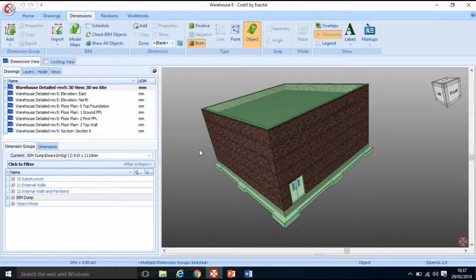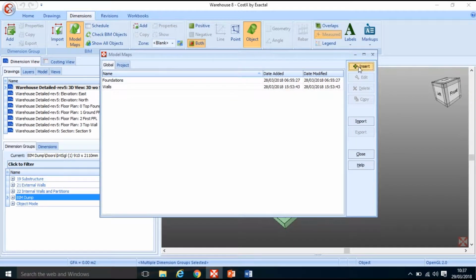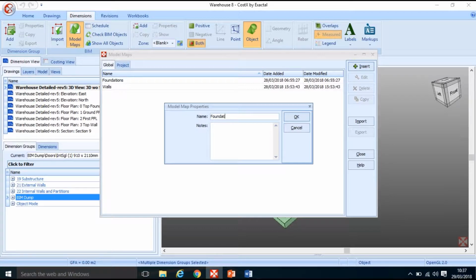I'm going to create a new model map. This time it's going to be a little bit different, a little bit more elaborate than the last one we constructed for walls. I'll call it Foundations 2 because I have already a Foundations model map in there. Again, if you're working on machines or computers in the college, there could be quite a few there because they exist on the actual desktop itself unless you export them and import them back in. They are separate files, so just bear that in mind, that that's something you may have to do when you're exporting your building, export your model map separately. So click OK,